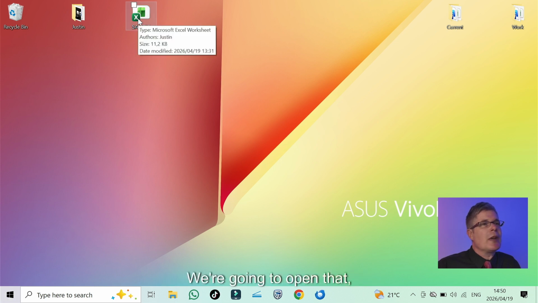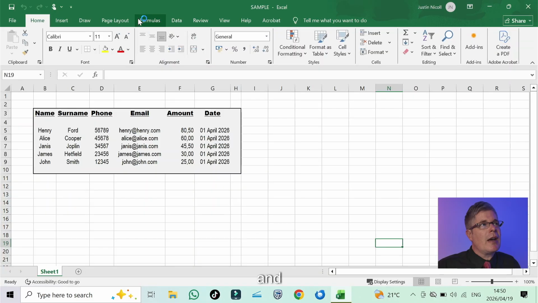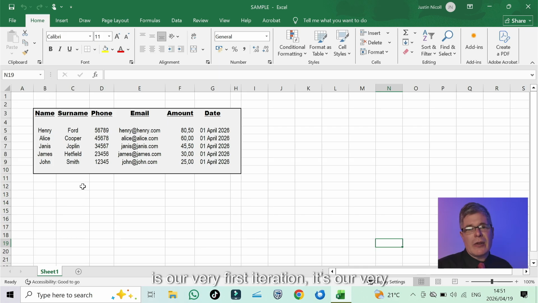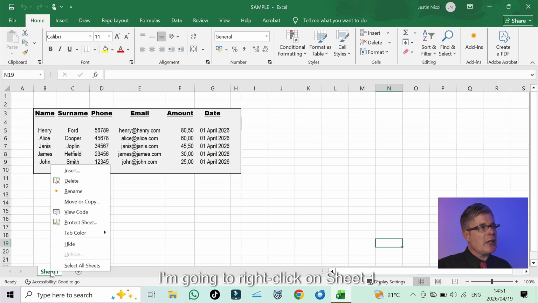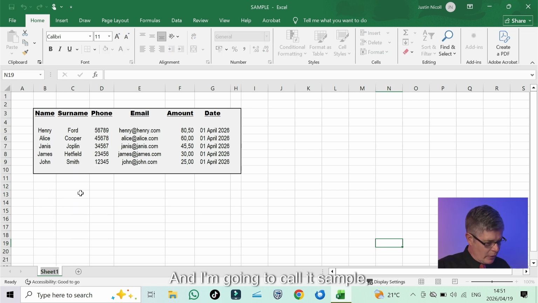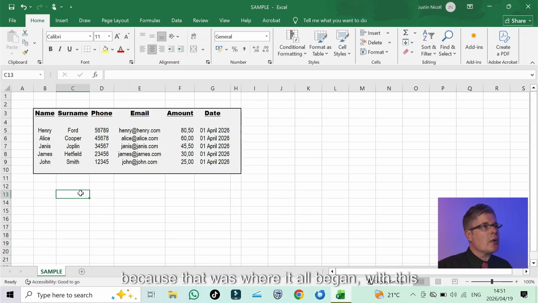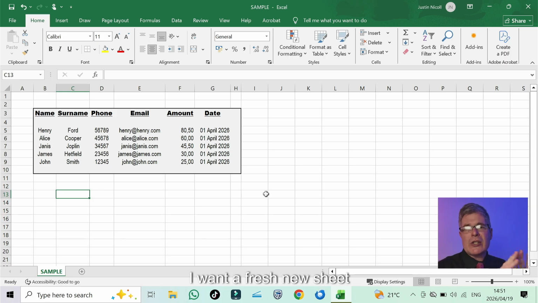unmodified, we're going to open that. And that was what we were working on. Now, I'm going to show you what happens firstly along the bottom. We've got a sheet here called sheet 1, which is our very first iteration. It's our very first sample. So I'm going to right click on sheet 1, go rename, and call it sample, because that was where it all began, with this here. Now, I want a fresh new sheet